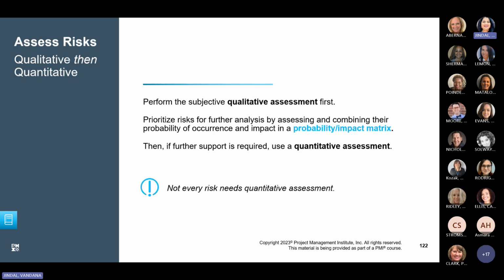So the likelihood is that the team member has been discussing dissatisfaction with work-life balance, and the project is expected to demand significant overtime. Based on these factors, you might assess that the likelihood is high that this key team member might leave. The impact on the project is that it would take time to hire and train a replacement, and some unique expertise might be lost. So you might assess the impact as high too. Likelihood means probability: the probability is high and the impact is high. So with both high probability and high impact, this could be considered a high risk